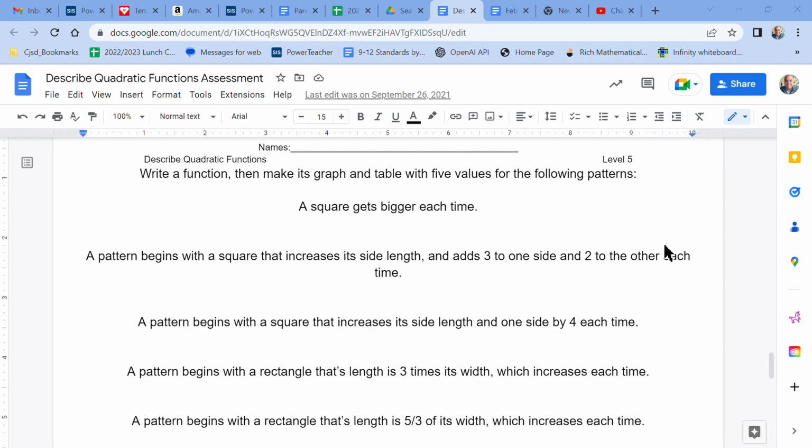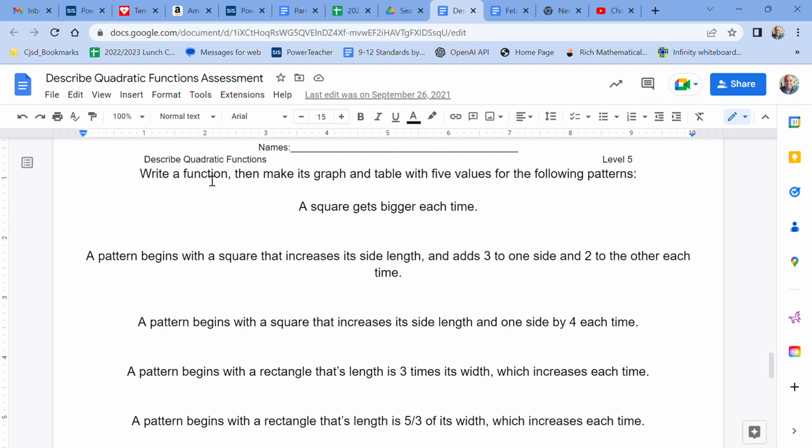And I can use this right here to do it. 0, 5, 12, 21, and 32. So there they are, right? There's my values. Okay? Keep going if I want, but I'm only supposed to have, look back at the assignment,